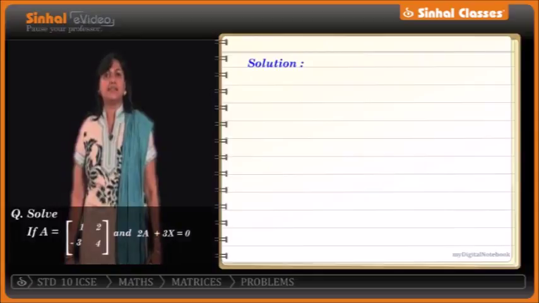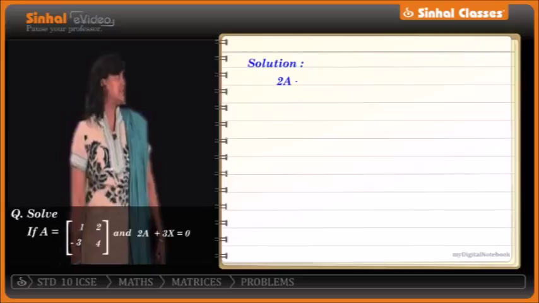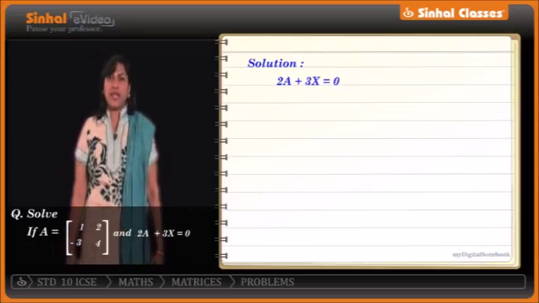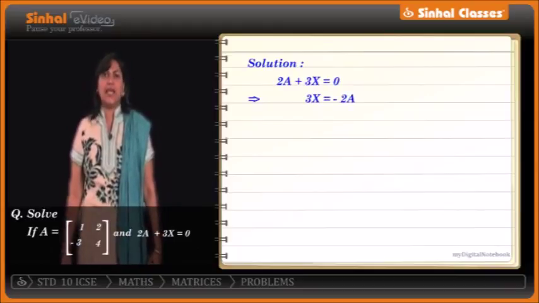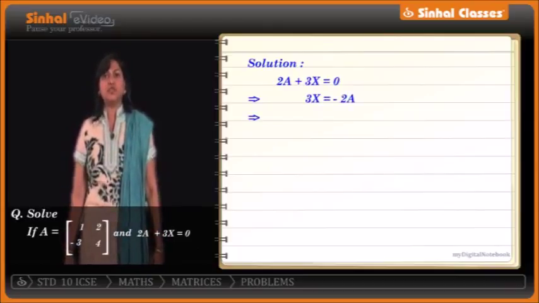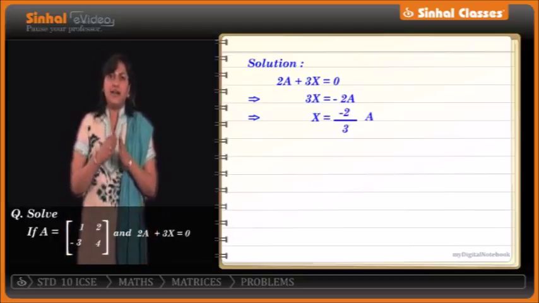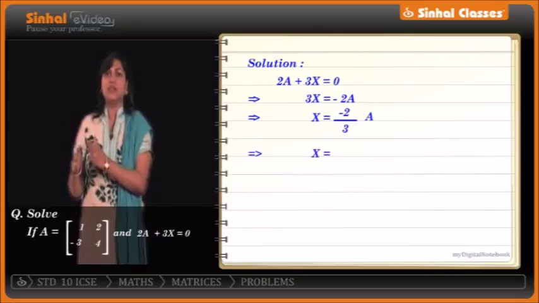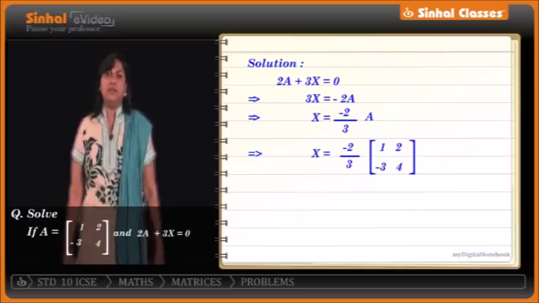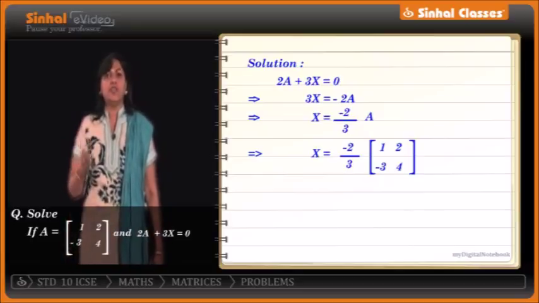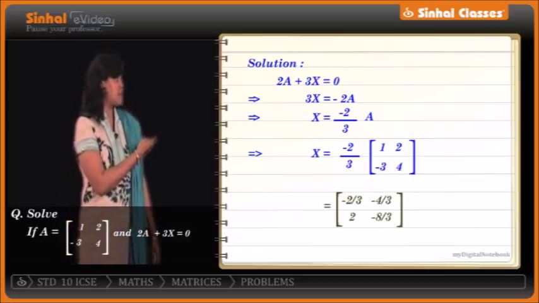Let's make X the subject of the equation. We have 2A plus 3X is equal to 0. So 3X is equal to minus 2A. That is, X is equal to minus 2 by 3 times the matrix A. Now we have a number before the matrix. In this case, we have to multiply each and every element of the matrix with that number. So we get the answer as